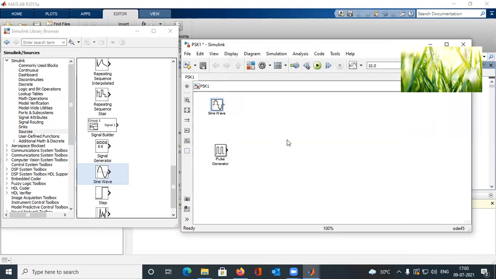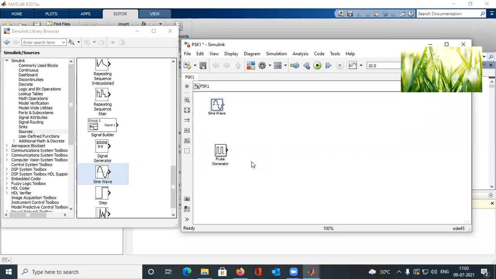Now we need one switch, and before that, we need one constant term, because we know that in PSK, phase changes 180 degrees. So when phase changes, depending on this pulse or this discrete message signal, phase changes from positive half to negative half.